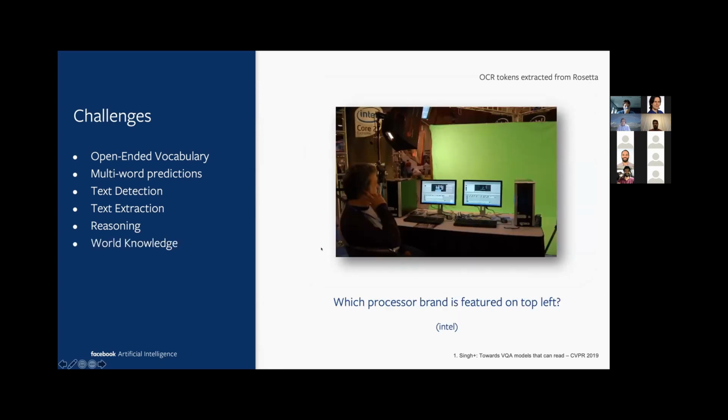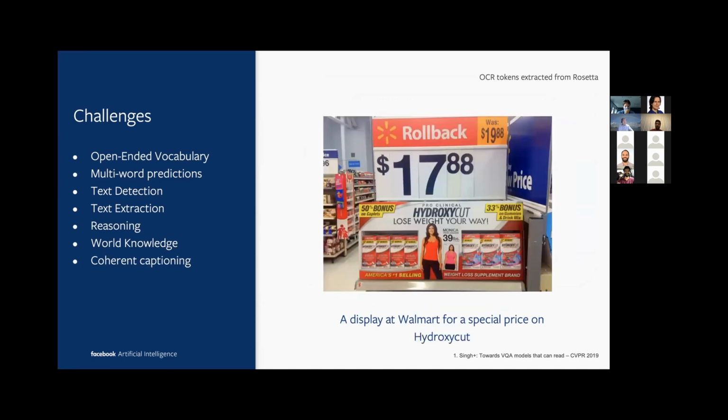And finally, word knowledge is always a prerequisite for these models. Like figuring out that the L is a little bit occluded, so you have to figure out that Intel would be the brand name here. Finally, for captioning, you have to create coherent captions while figuring out how OCR words go with the normal vocabulary. So there are a lot of issues that need to be figured out in this particular aspect of syntax